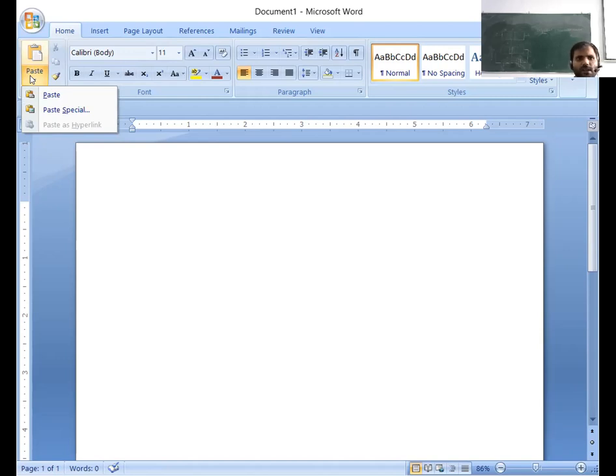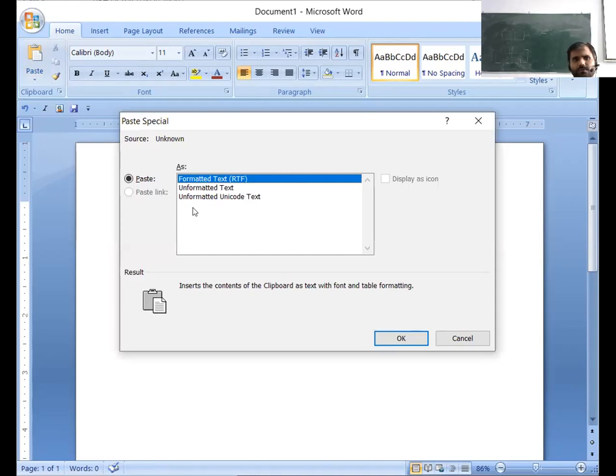In the paste, as I copied the text from somewhere in the document, when we paste it somewhere in the document, it will be in the same style and same format. But if we want some different format and different value, there is the paste special option.